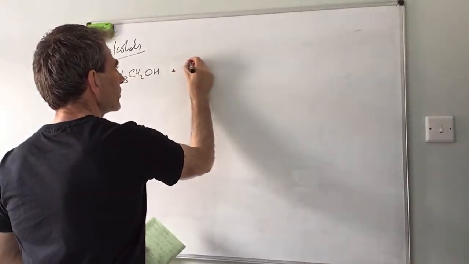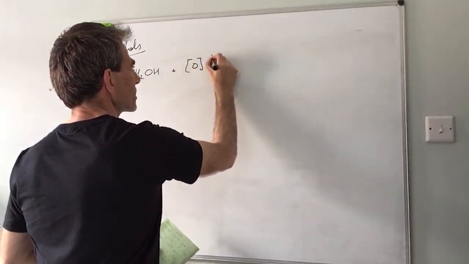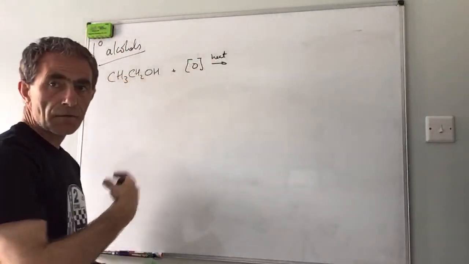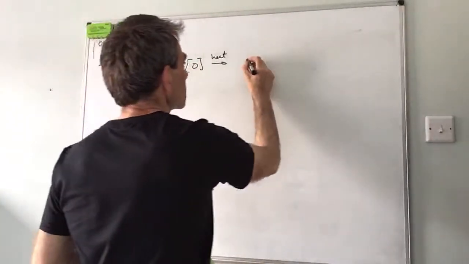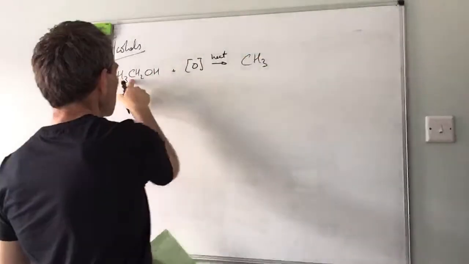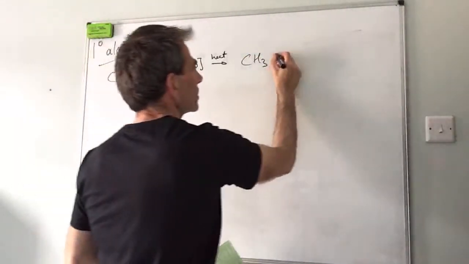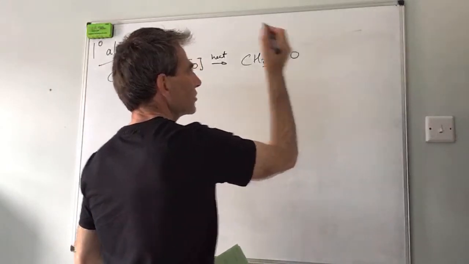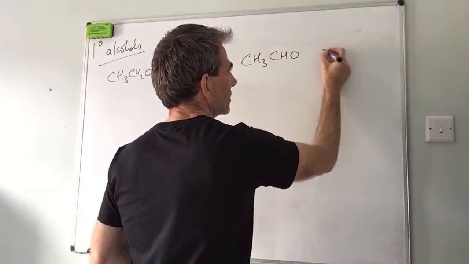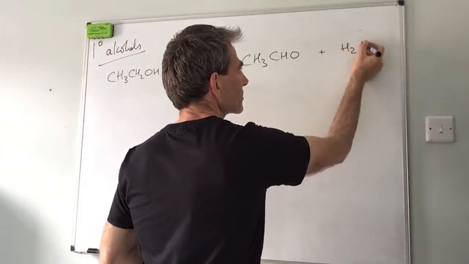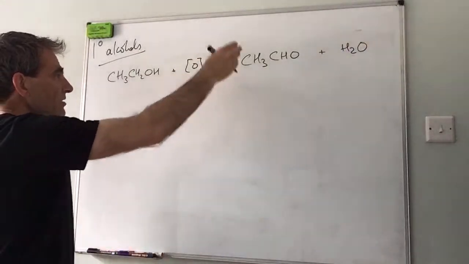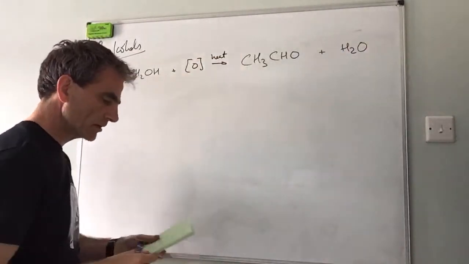So if you put that in with an oxidizing agent, obviously you need heat. That will oxidize, first of all, to an aldehyde. So you'll get CH3, that doesn't change. The functional group, CH2OH, changes to CHO. CHO is the way I remember that, okay? That's your aldehyde, and you get a water molecule produced in that reaction. Obviously it's going to go from orange to green as the reaction takes place.